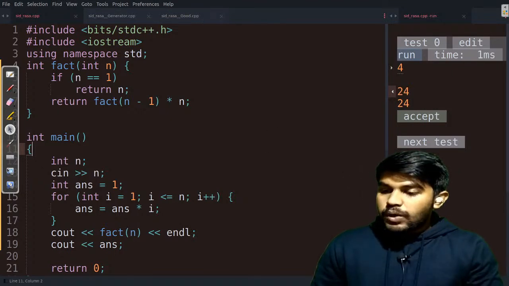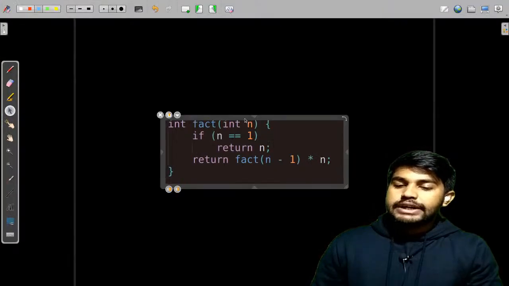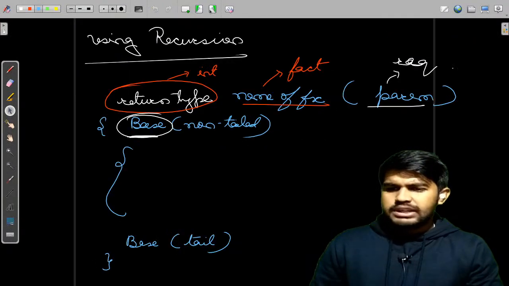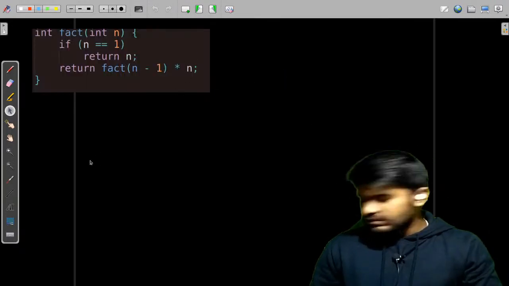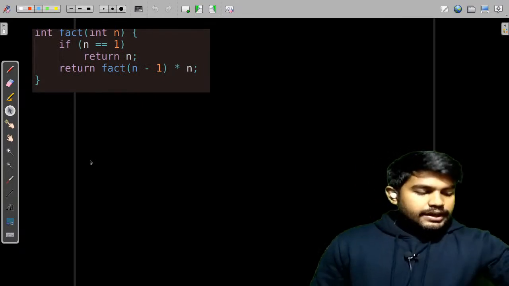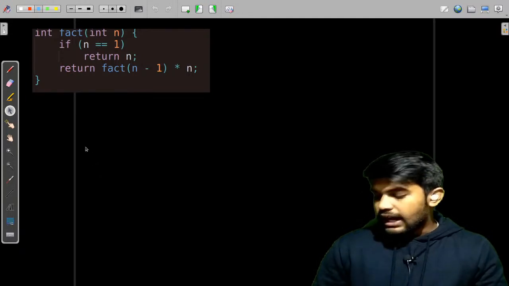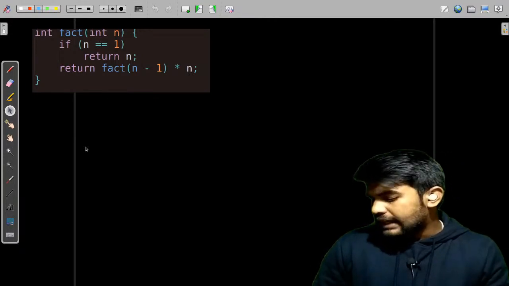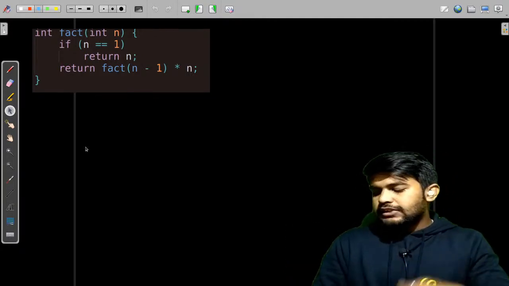Okay, now I want to know who are the people who are not able to get how this is working. Just tell me how this is working. You are not able to get this. Just tell me quickly. It's absolutely fine. If the number of people who are not getting this is more than 3, I would consider drawing a recursion tree. Else I would just skip the recursion tree part and try to do some standard level problems rather than introducing the topic to you.